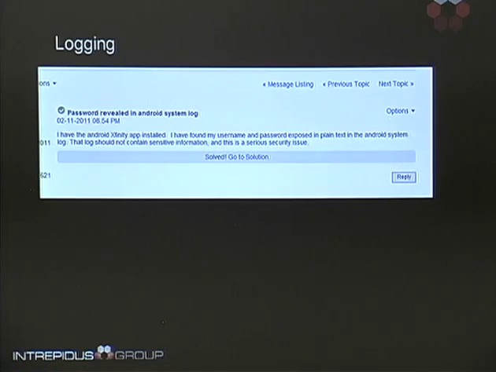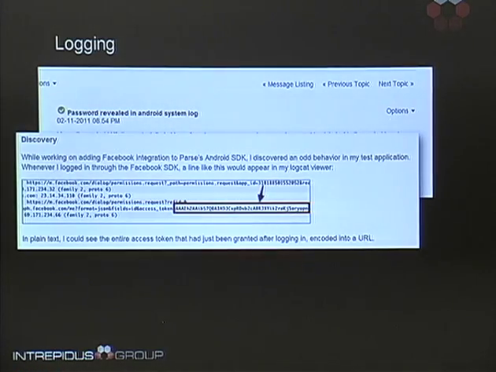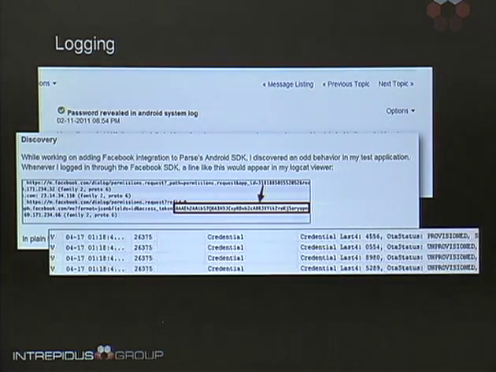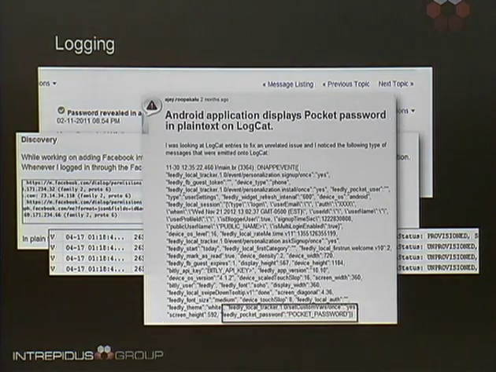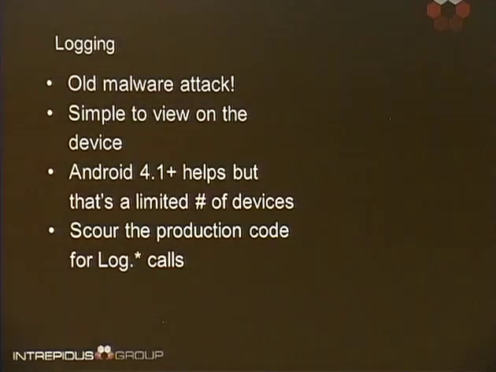If you think that things like usernames, passwords, IDs, authentication tokens don't get logged, well, they do. Here are a couple of examples: passwords being revealed in the Android log, Facebook authentication tokens, the last 4 digits of a credit card number being output, even more passwords.